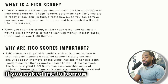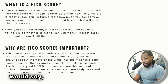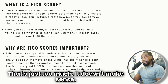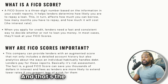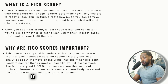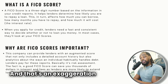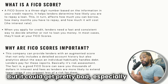If you asked me to borrow $500, would it make sense if I asked you for $2,000? You would say, hey, it's just $500. I've got to pay you $2,000 back. That's just too much. It doesn't make sense. I'm paying you 4 times what you let me borrow. And that's the whole point of when we look at interest rates, why just taking money doesn't make sense if the interest rate is astronomical. And that's an exaggeration, the 4 times, but it could get pretty bad,